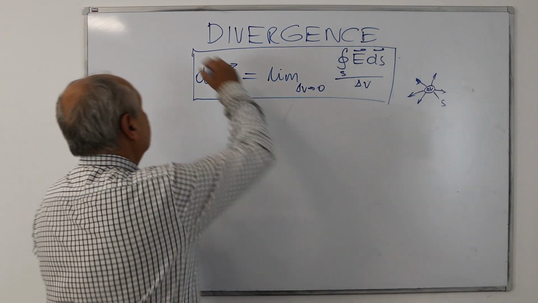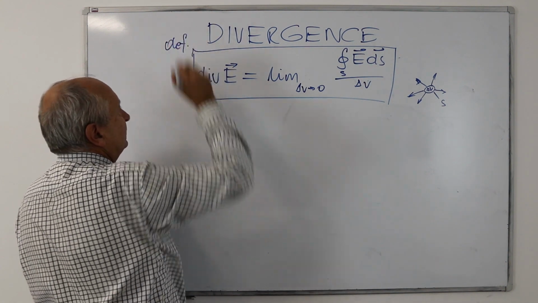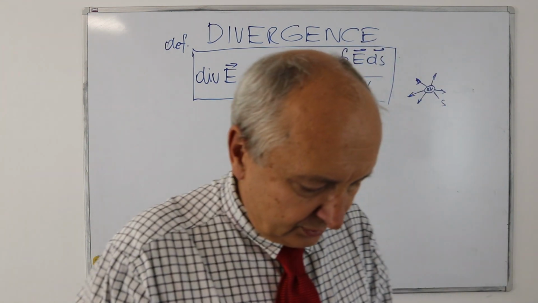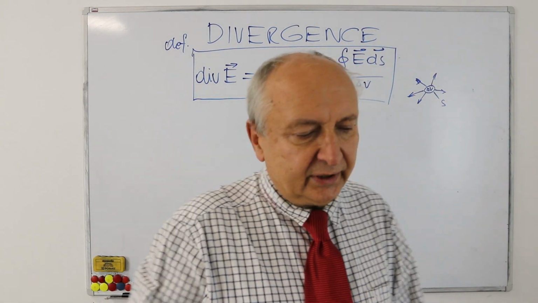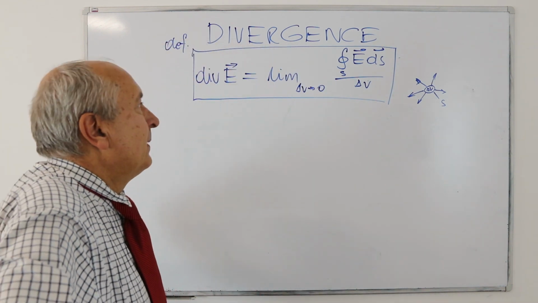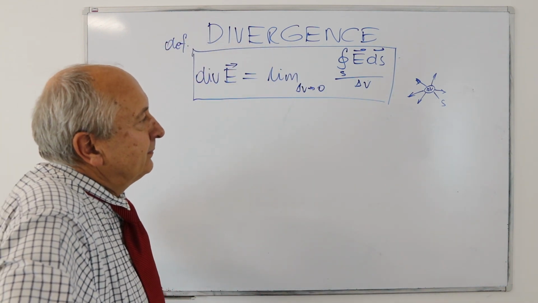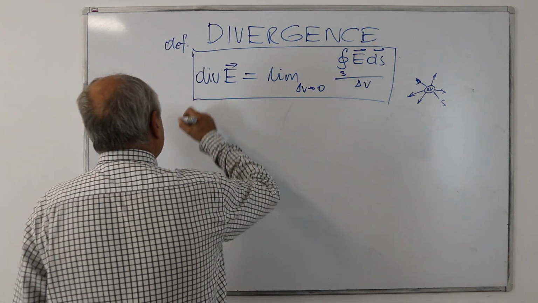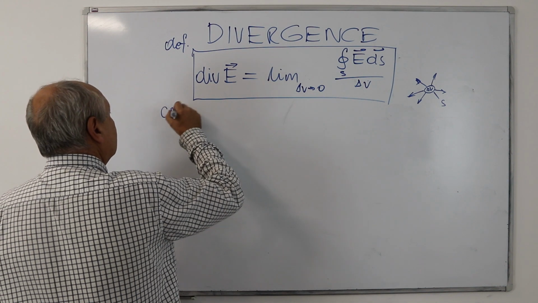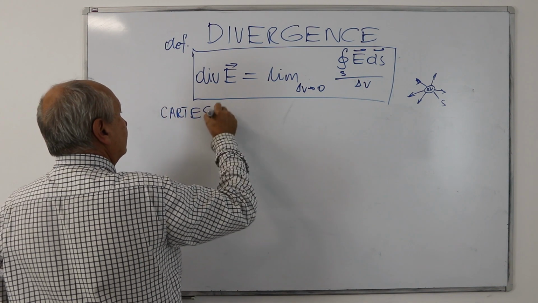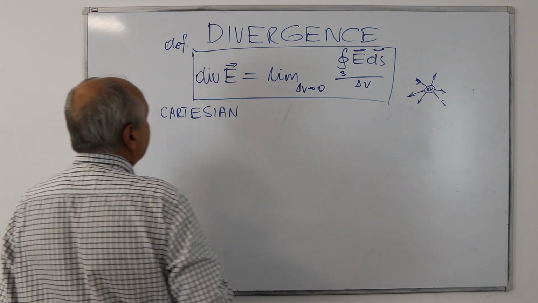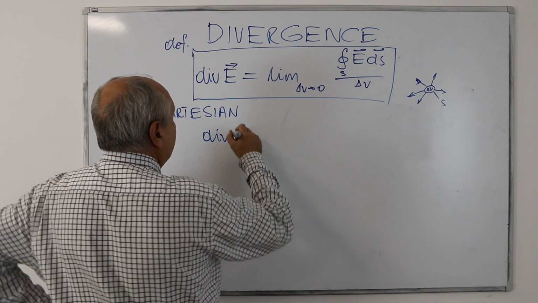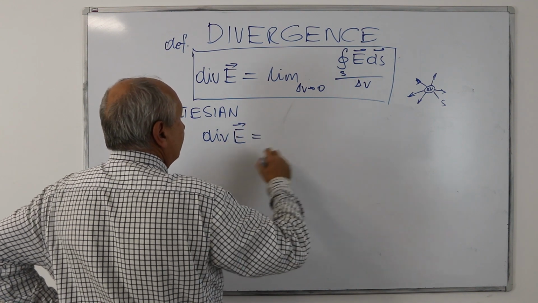This is the definition, and we never use this definition to calculate divergence. We calculate the divergence from another formula. For the Cartesian coordinate system, divergence E is equal to